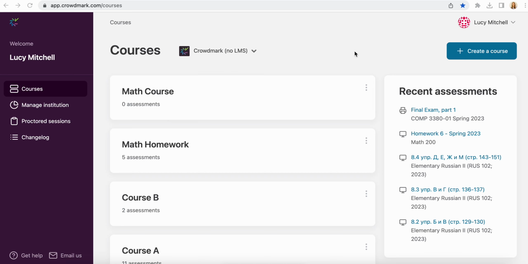This video is going to walk you through how to update student IDs on Crowdmark. This might be helpful if you are wanting to use Crowdmark's automatic matching, which requires numeric only student IDs. So if you wanted to customize the student IDs so that they have numbers-based IDs to use automatic matching,